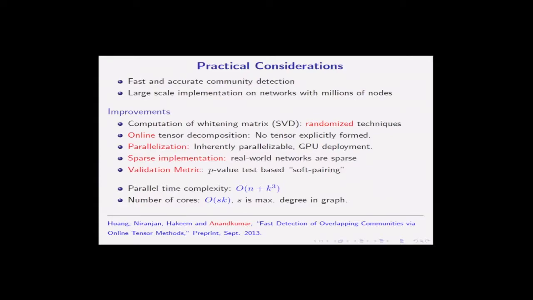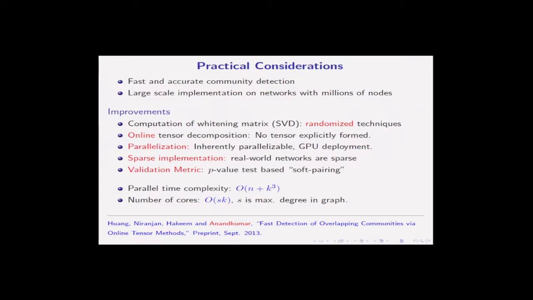So this step becomes blazingly fast because of these fixes. And the nice thing about these methods compared to the other ones is you don't have to really worry about parallelization. They're inherently parallelizable because they involve matrix products and tensor iterations. So by design, they're already parallelized, and we even did GPU deployment of these methods. And real-world networks are sparse, so if we undertake sparse manipulations, we can get a very good